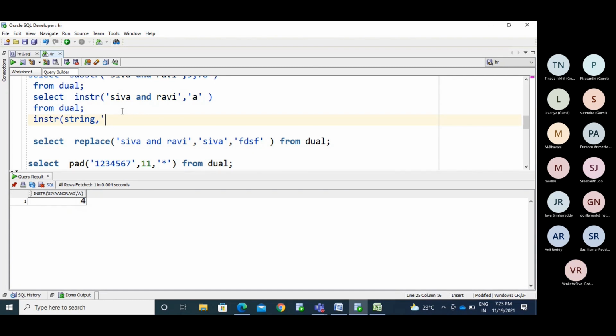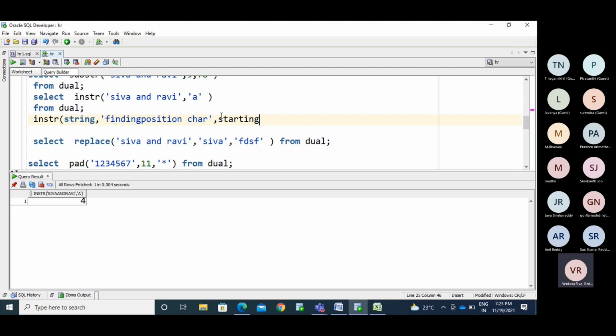Finding position char: which character I need to find the position of, that you need to mention here. And the remaining parameters: starting position.